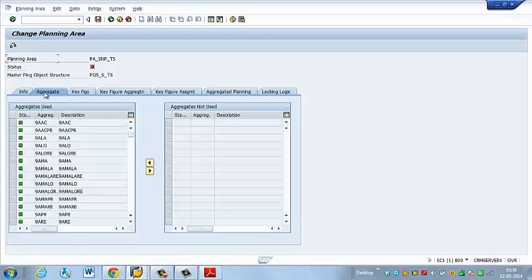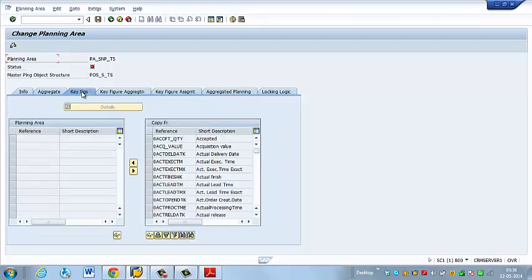Click on aggregate tab, you can see the aggregates. Click on key figure tab, you have to